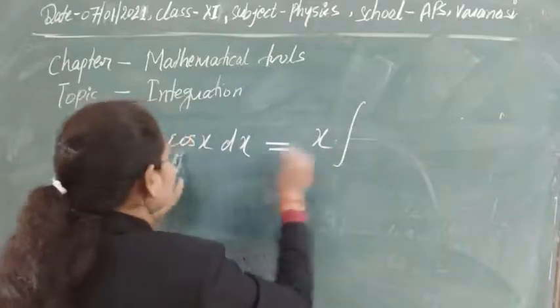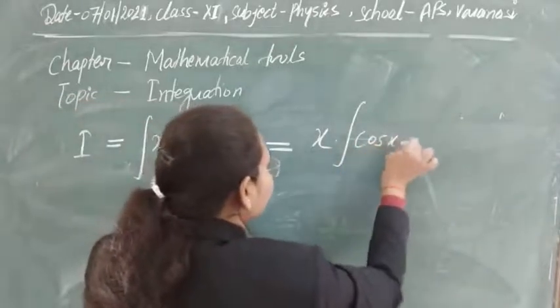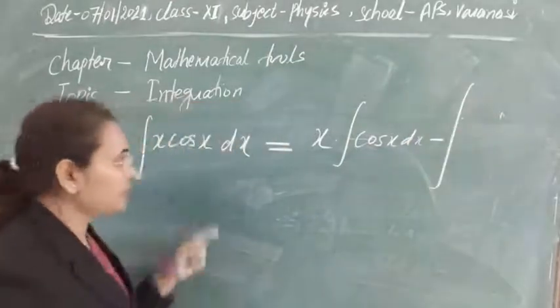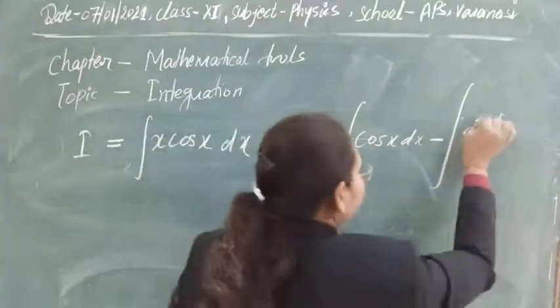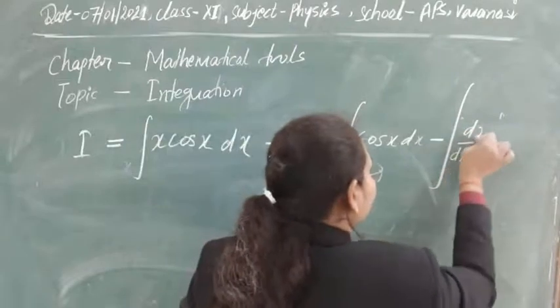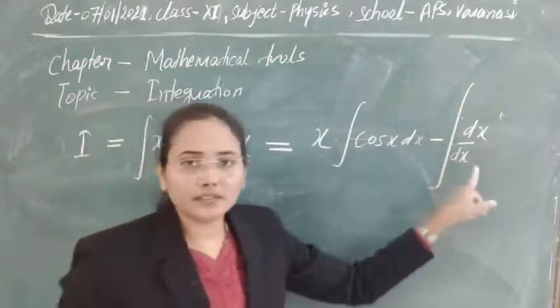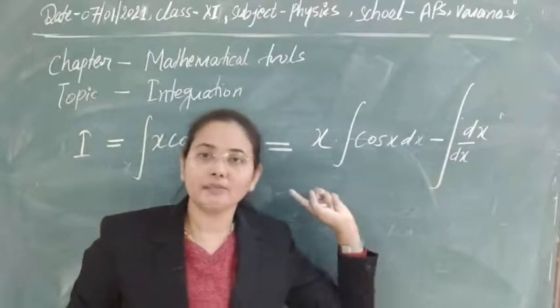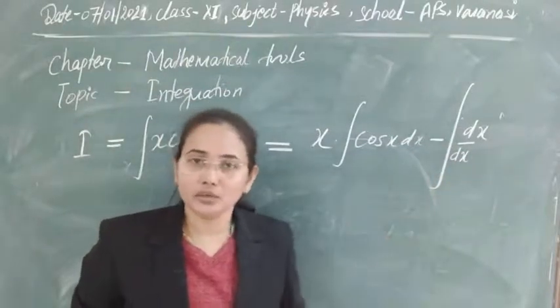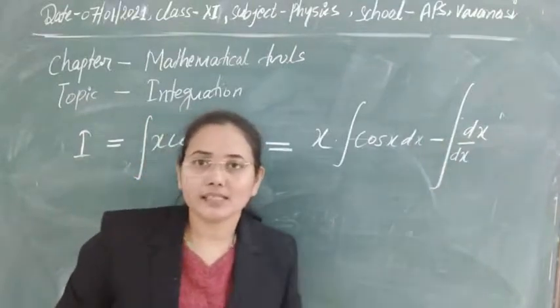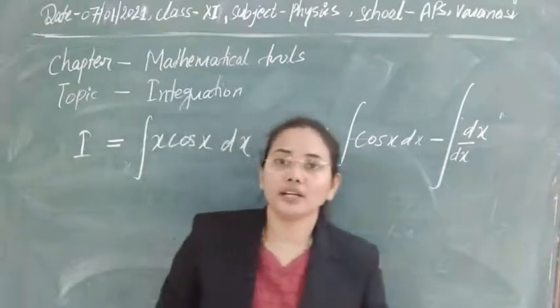Now integrate by the formula: integrate cos x, minus, put the integration sign here, and now differentiate this x that you have taken outside, and here you can see that the differentiation will be 1. That's why I have taken this function as the outside, to reduce my integration problem here. So you can take such types of functions outside so that you can reduce your problem.